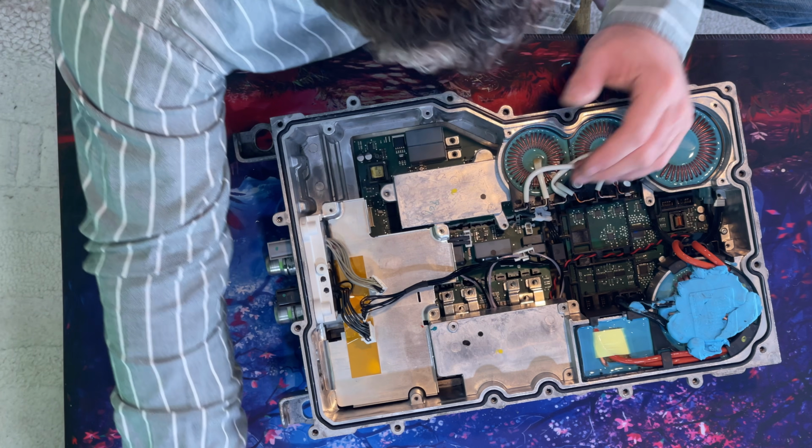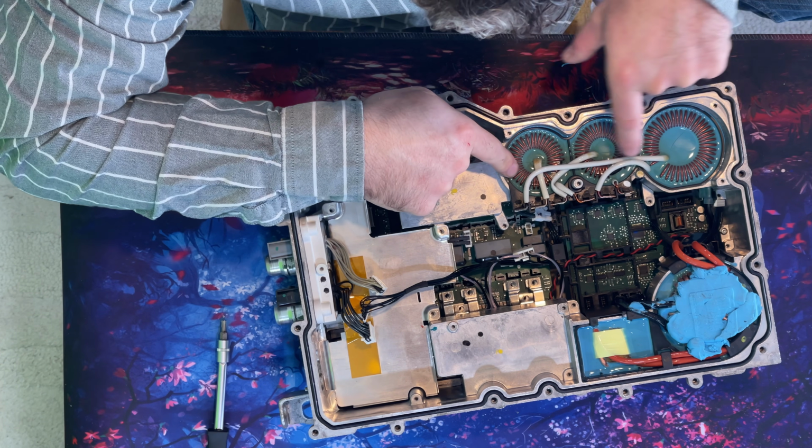So with that out the way, we can see these are our incoming coils. And if you look closely at them,